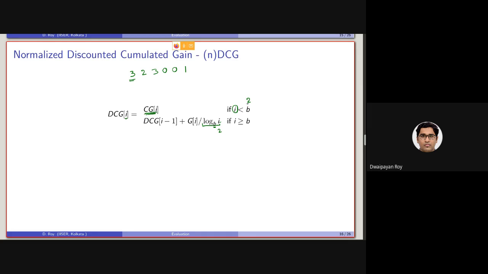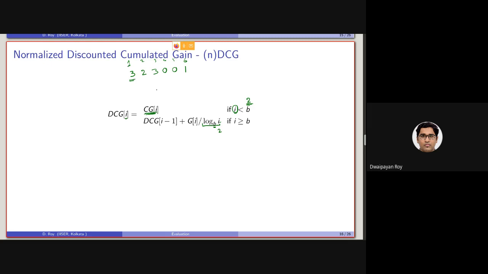If we consider the log base as 2, that is if the rank is less than 2, that is if the rank is 1, this is rank 1, this is rank 2, this is rank 3, this is 4, 5, 6, isn't it?